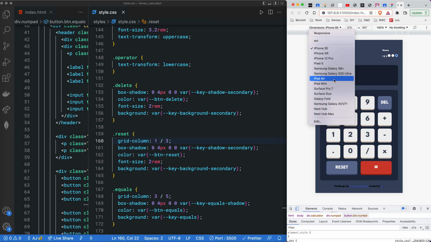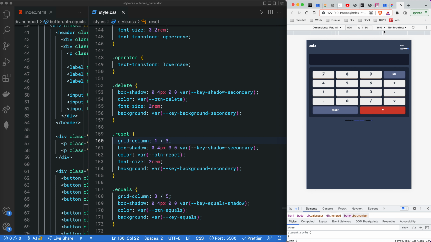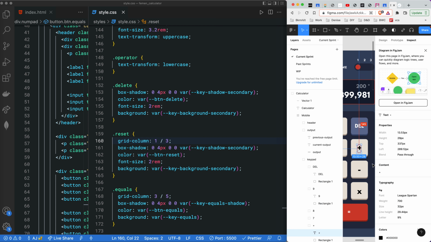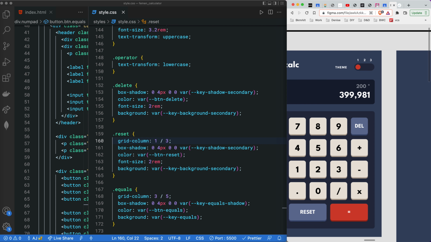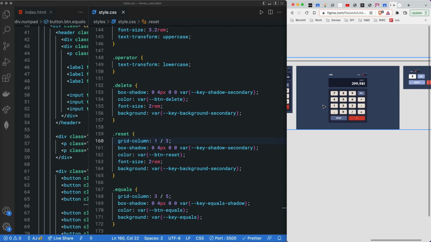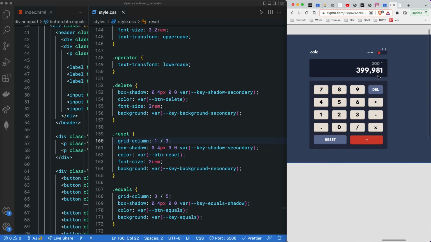We could go iPad Air probably and then turn it into landscape, and you'll see it looks pretty ugh. Okay, so compared to the design for desktop, so let's look at the desktop design. The desktop design kind of keeps it at a certain width, but also the desktop design has some different sizes on the